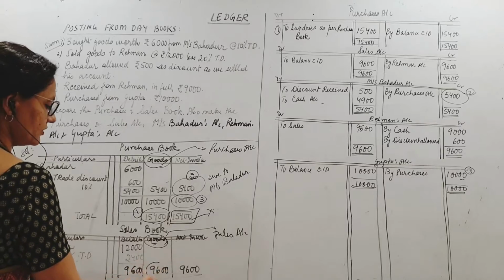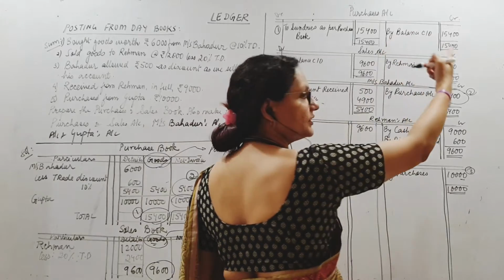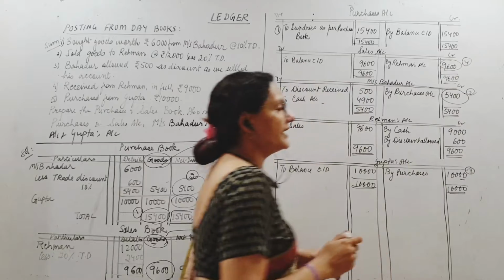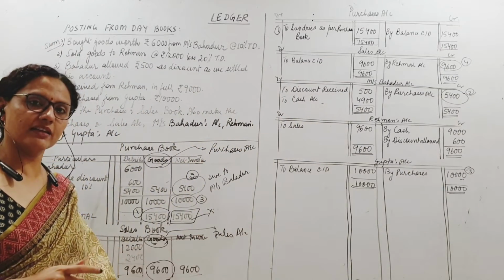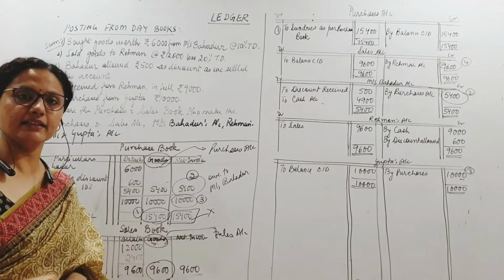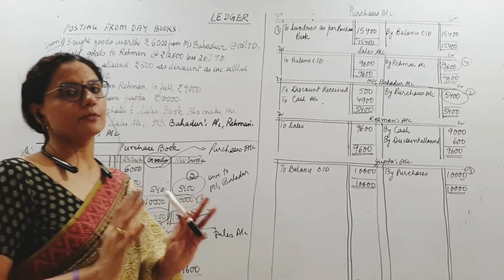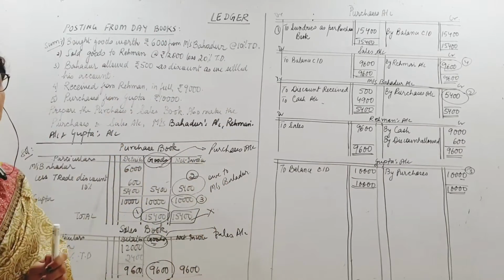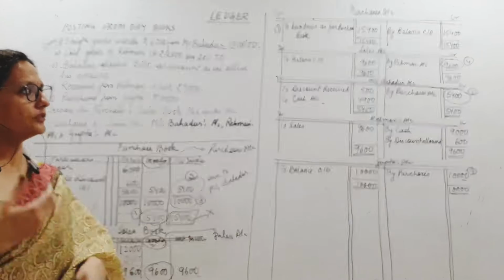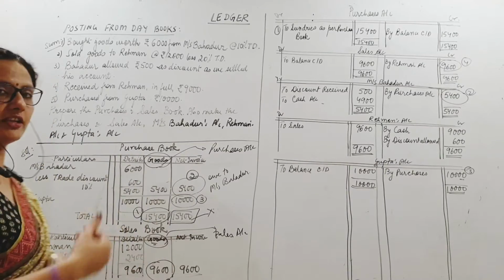This is the value of goods as well. Therefore, this is amount number 4. Where will it go? Sales account. Sales account is an income. Credit, by Rahman's account, this much. Why have I written "by Rahman" here? Because there is only one transaction. If there were 5 transactions and this total was some 90,000, I would have written "by sundries as per sales book" in the sales account. But here I just have one person, so it's not sundry debtors, it is just one debtor. Who is that debtor? Mr. Rahman. I have sold goods to him.